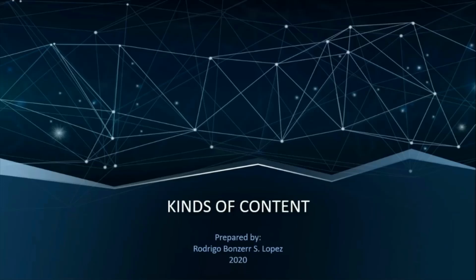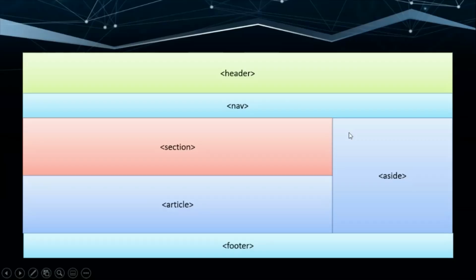Now let me just go and show you here some of the content that we might encounter when we are building our website. So here's a simple template that you would commonly see and use when you're building your website. We can have a header, a navigation, a section, an article, a footer, and an aside. So technically, this is a basic layout that you would commonly see in websites that you go to, landing pages,